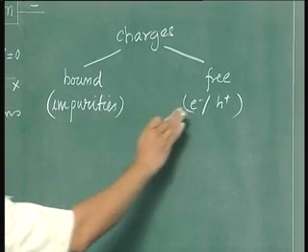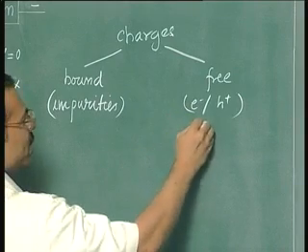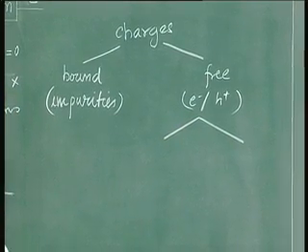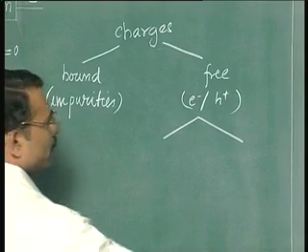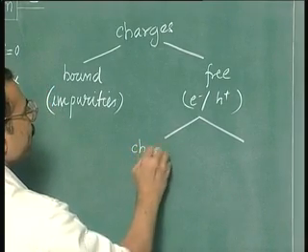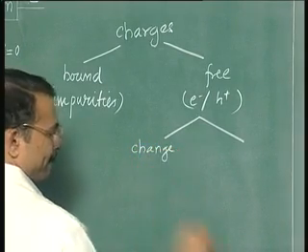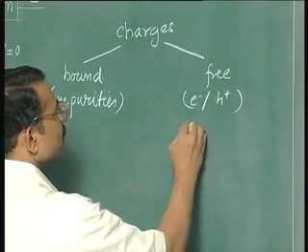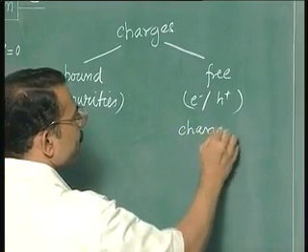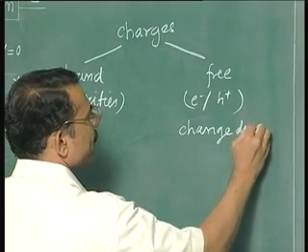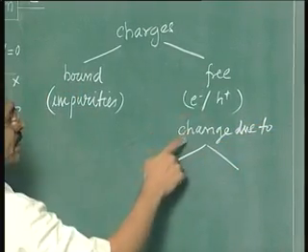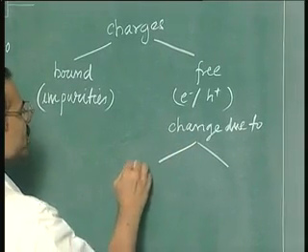And now the electrons and holes, they change when a voltage is applied because of, so the free carrier charges change due to change in the space charge width